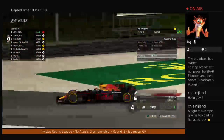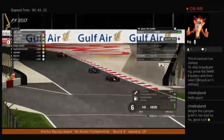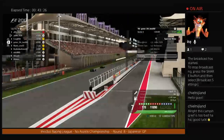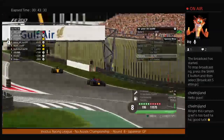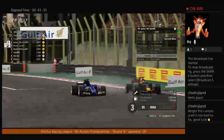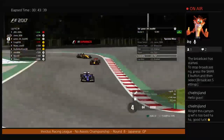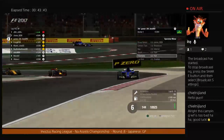It'd be very interesting to see towards the end of the race. Gamer is now right up to the back of Craig in the Red Bull, and it looks like this is pretty elementary. It looks like the Sauber is going to cruise past the Red Bull going down into turn one, DRS aided. Sauber pulls out from behind Craig's Red Bull. Craig once again doesn't fight it too much, outbrakes himself going into turn one, and Gamer gets the move done and moves up onto the podium in third position,